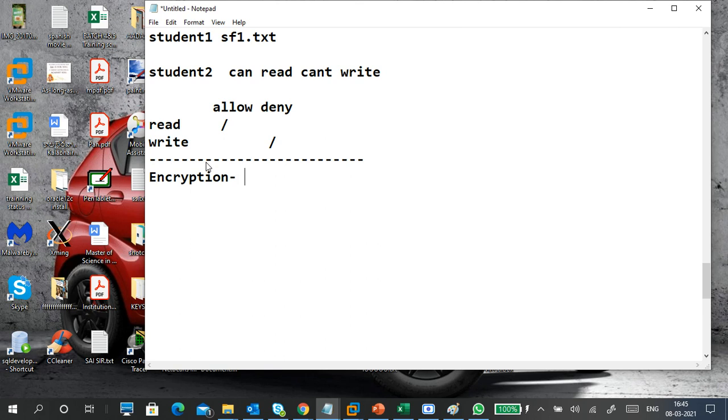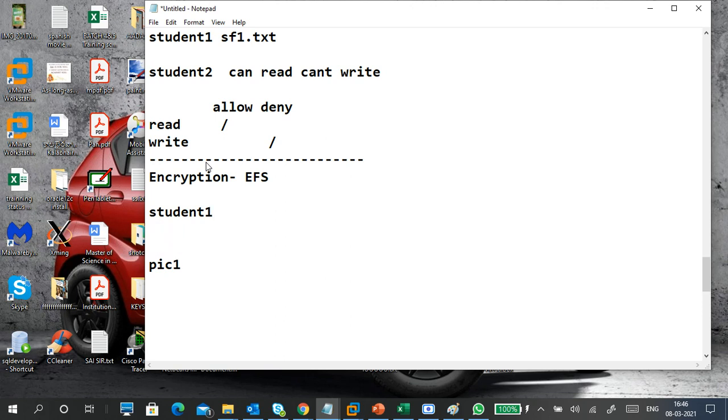This file system, we call it EFS, the Encrypting File System. For example, I have a picture, so I use a picture here, pick one. I'm going to encrypt it. First I log in as student one. Student one means the first user, student two means the second user. If you are giving two different user names, don't get confused. First user, second user. I'm using common names, like student one.